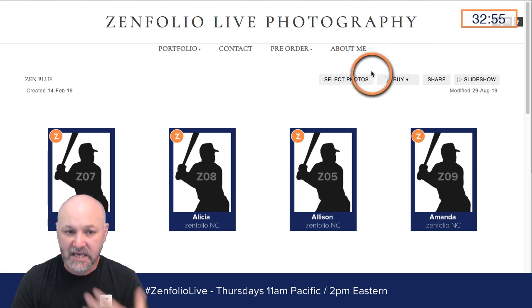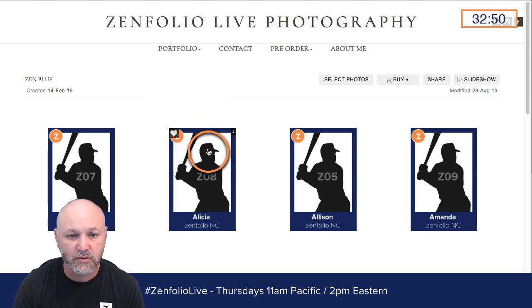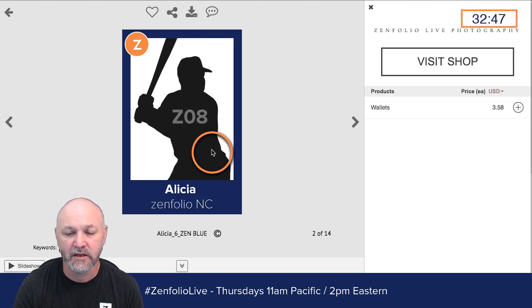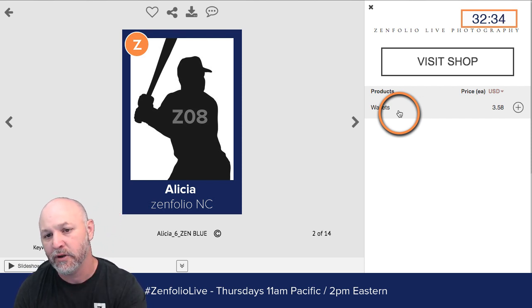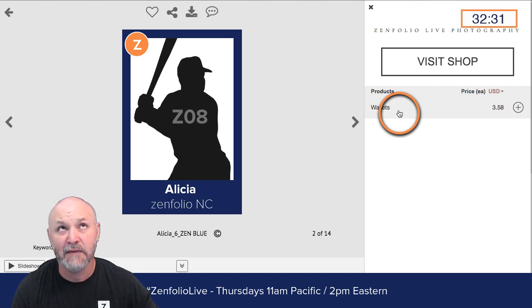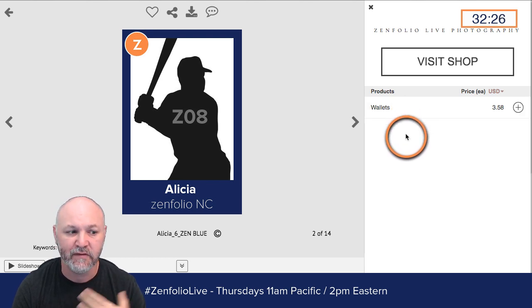All right, so here is this gallery like a client would see it, and I want to show you guys this. If I go to this photo right here, what you're going to notice is that even though I had all of those other options set up, only the wallets are available. That's because these are really small images that I uploaded. That's the only print product that image file is capable of producing. So like I was telling you earlier about the order approval, this is what you need to keep in mind. If you're uploading low resolution files and you're not approving the orders, your clients are going to have some